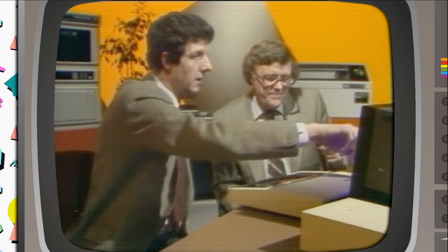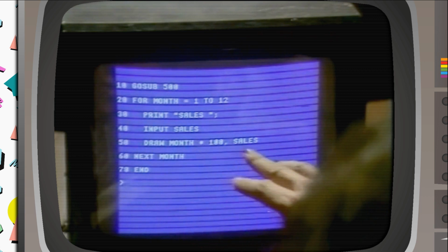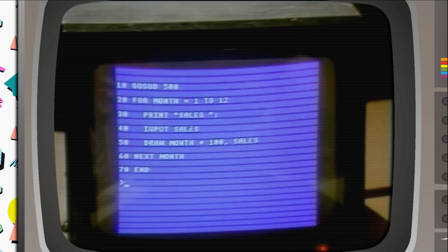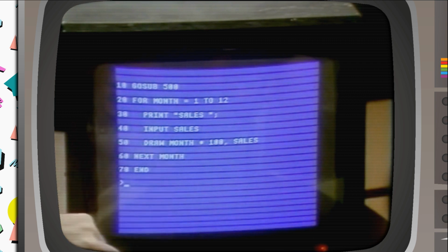Right. Okay. PRINT sales. It'll print the word sales. INPUT sales is telling the computer to expect something called sales, which will be, in this case, a number. Right. Now, DRAW is another command you haven't seen before. So let's just go through it. For month 1, print sales. You will input the sales, and then it says draw, month 1 again, and this little star...